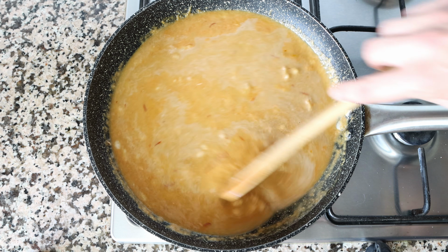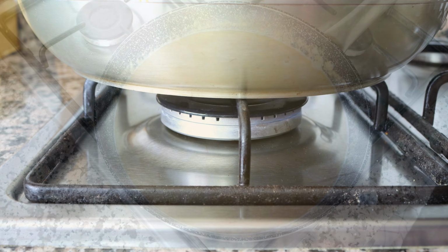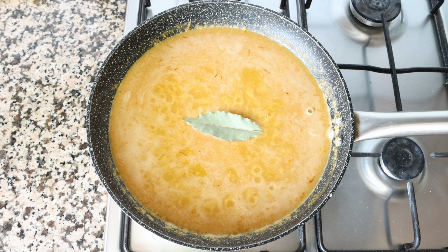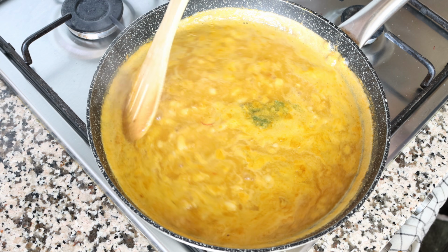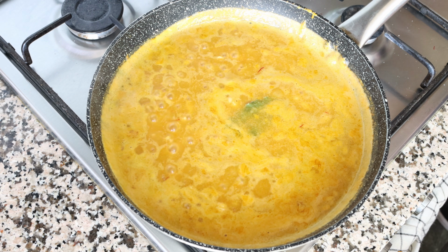Then we'll turn up the heat from a low heat to a medium heat, add a bay leaf into the pan, and we're going to simmer this for about 10 minutes on a medium heat. This is enough time for all these flavors to come together and for that soup to slightly thicken up. After about 10 minutes, and you can see that the soup has slightly thickened up, this dish is ready to go. I'm going to remove the pan from the heat,